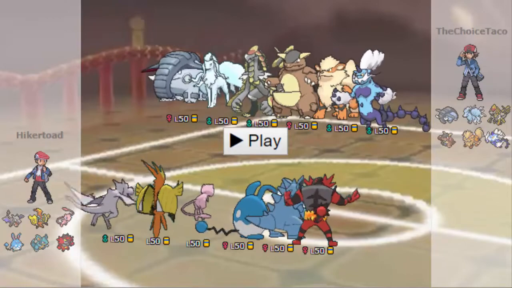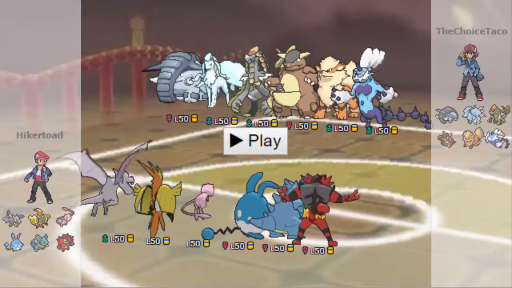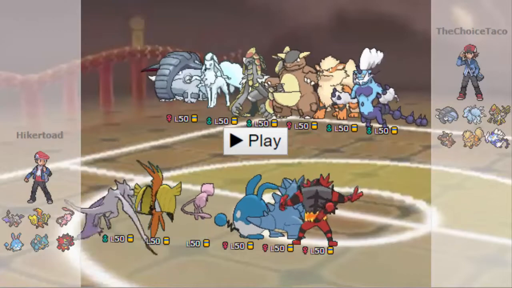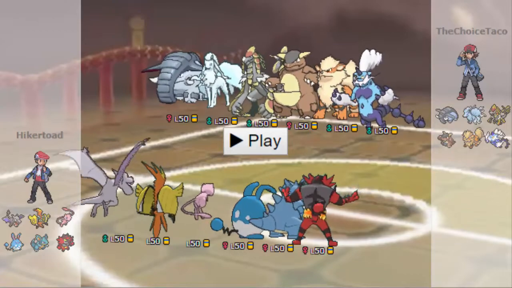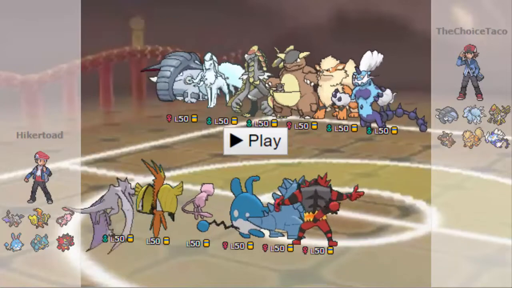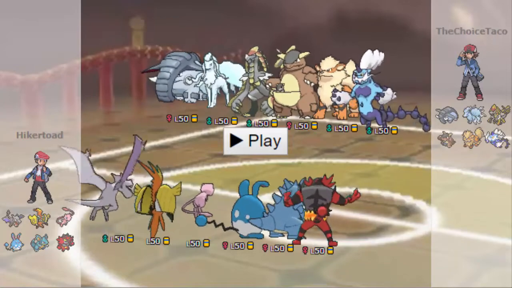So with that out of the way, let's get into the matchup. He has the Donphan, Alolan Ninetales, Tapu Koko, Mega Kangaskhan, Arcanine, and the Thunderous Therian. As you can tell, I said Mega Kangaskhan, so he did drop the Mega Sableye, but I still don't regret